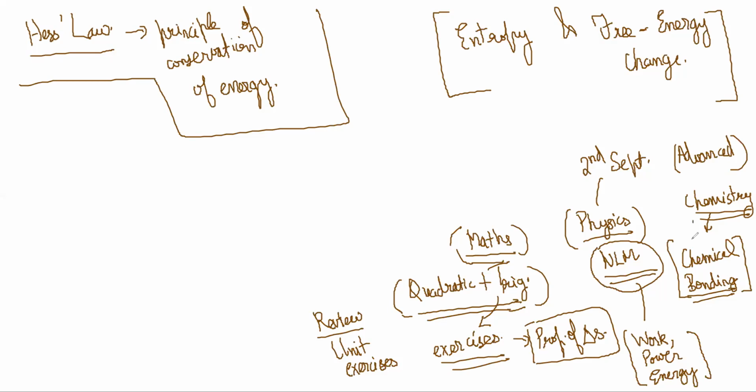Before the test, we'll do a little bit of revision for chemical bonding. This is basically chapter 6 plus chapter 7. You should be working on your chemical bonding. You can do the exercises right now and see what you're not getting. Make sure that you are preparing ahead of time, so that you can do well in the test. And we'll do a little bit of revision, so don't worry about it.